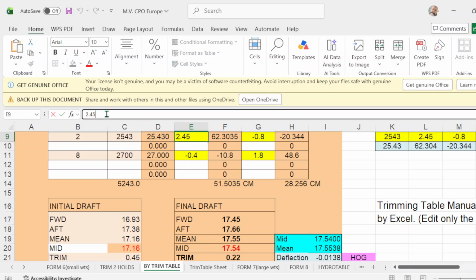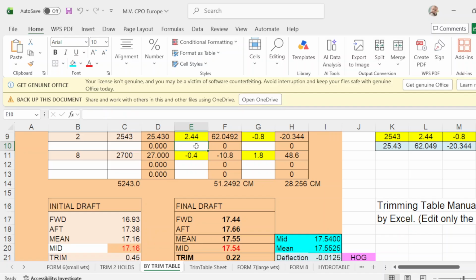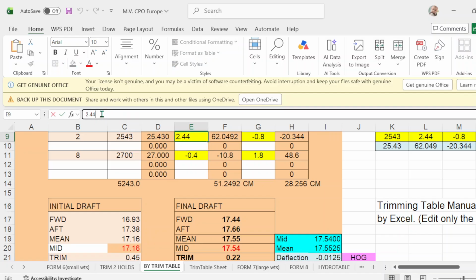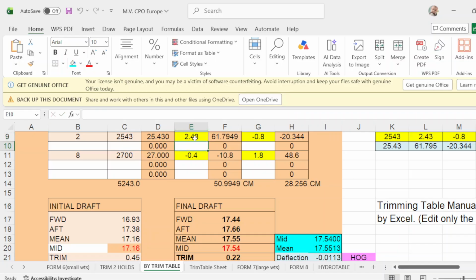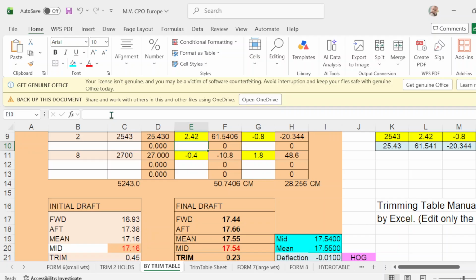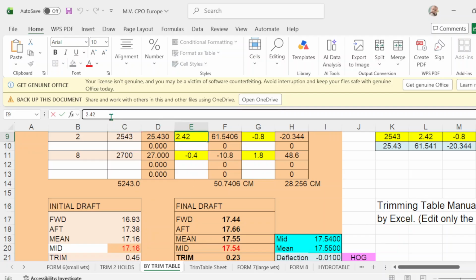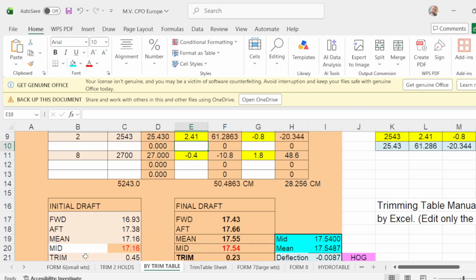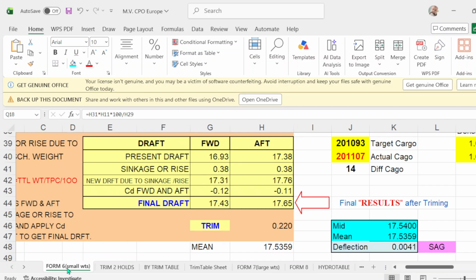Make it 4, make it 3, make it 2, make it 1, 43. Okay, 43.